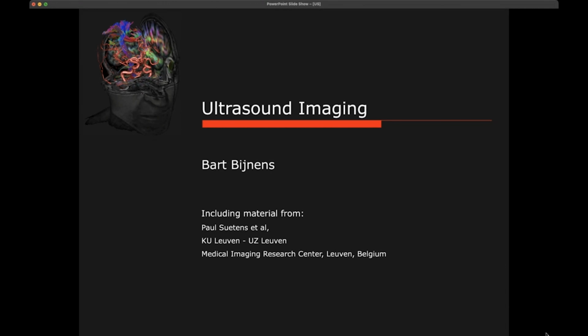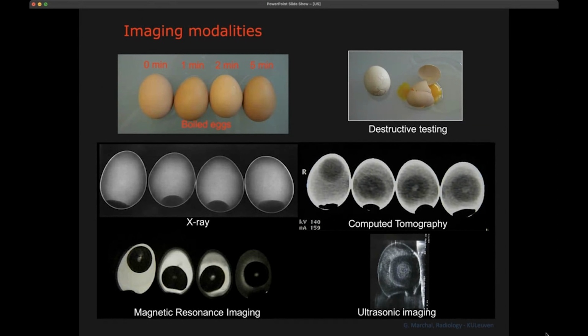Today we continue with the next imaging modality, and today we will cover ultrasound imaging, echography. So as I said before, I'm using this slide to show you the differences, in some ways, or the complementarities of the imaging modalities. And as I have tried to explain last time,